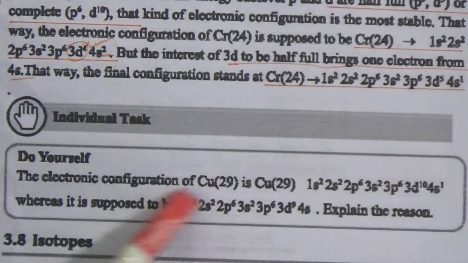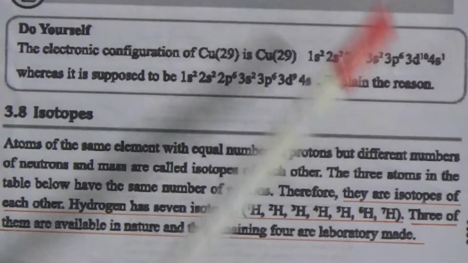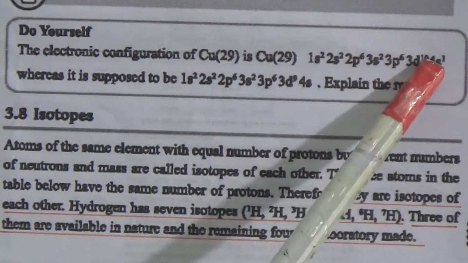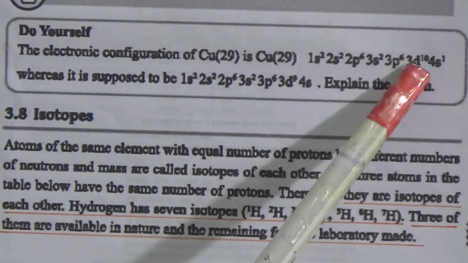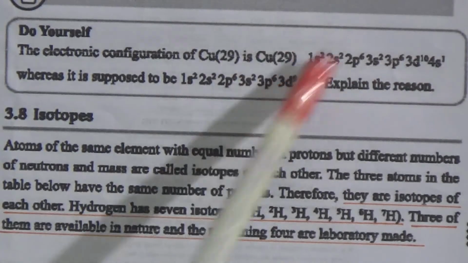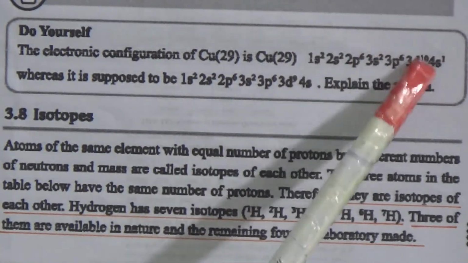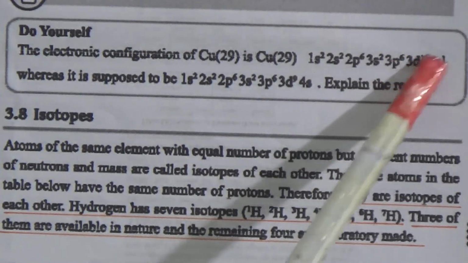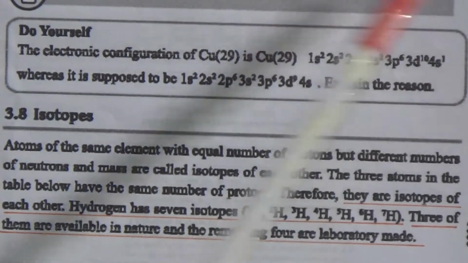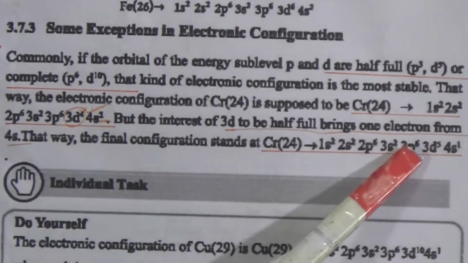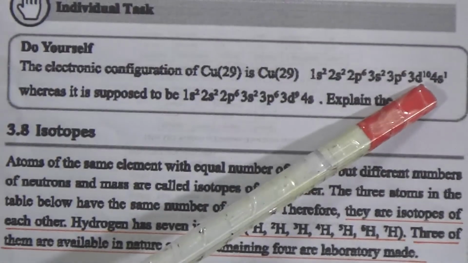In this way, copper also shows this type of electronic configuration. It becomes d10 because d9 is unstable, that's why it becomes d10 instead of d9. It takes the electron from the 4s to become complete, and it becomes stable by getting fully filled. Chromium's is known as half filled and copper's is known as fully filled or complete.